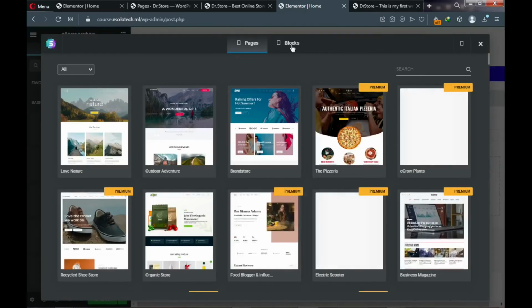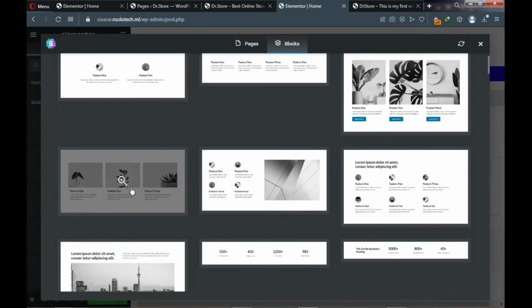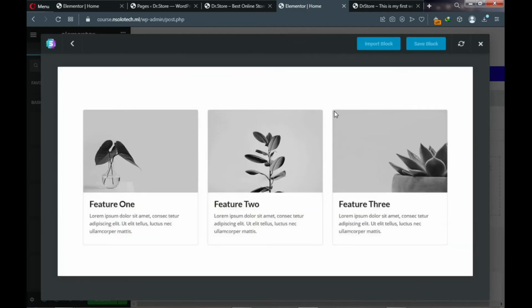After that, you click on the block. After you click on block, go to your left, you can see this particular image. Click on it. After that, on top, you can see import block. Wait for it to load. And after it loads, click on the import block and wait for it. It will import this